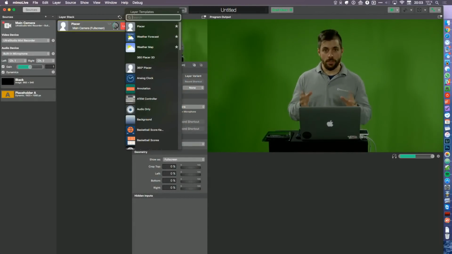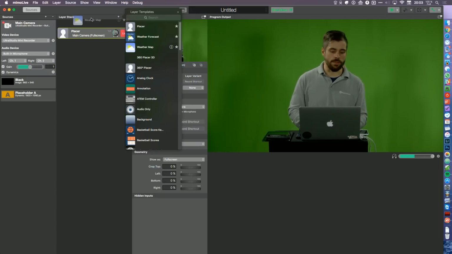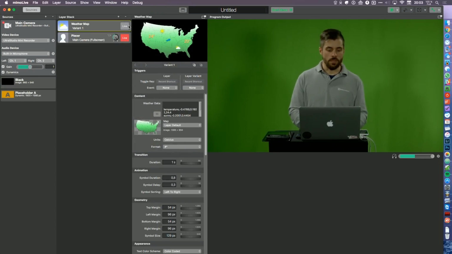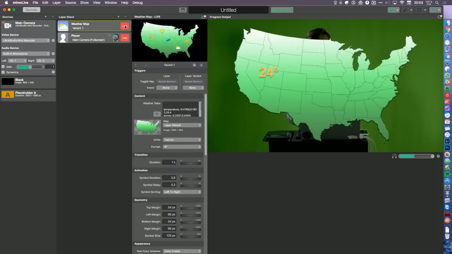So yeah, we already switched over to mimoLive, and so let's first add the weather. Let's add the weather map. It is amazing. You will see in a second. It will blow your socks off. So let's enable the weather map for now. So right now it comes with a map for the US, but you can just grab any map that you want,